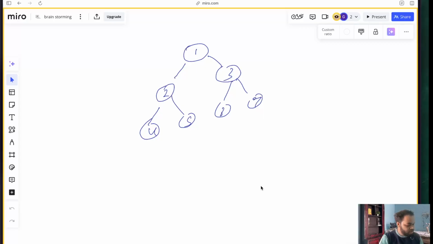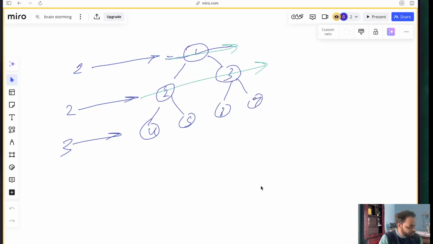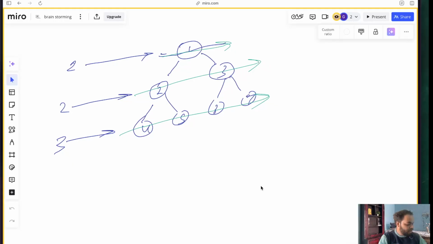Suppose this is the first level, this is the second level, this is the third level. First we traversed the first level, then the second level, then the third level. In this way, if we store it, we get the array 1 2 3 4